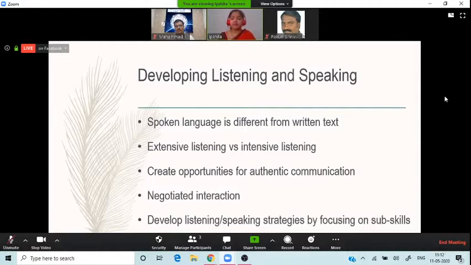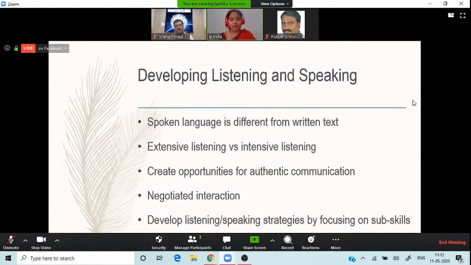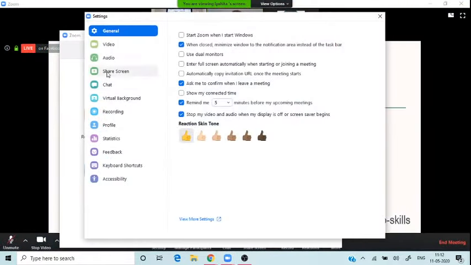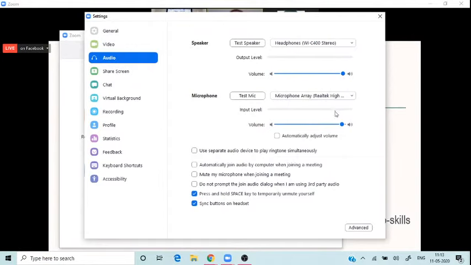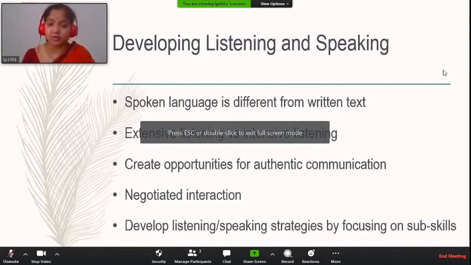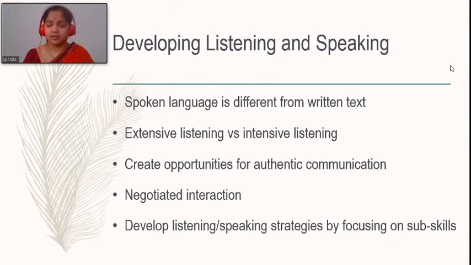But if I ask, do you like your position in the family? Do you like to be the youngest in the family? Why? Are you happy that you are the older child? Why? If I ask these kind of questions, then there will be negotiation. The child will say yes, no, give argument, give reason, talk about his or her experience, right? So there is sharing of genuine experience. So we have to see how we can ask questions in the class, how we can give activities to our students where there is negotiated interaction, not just fact-based interaction.